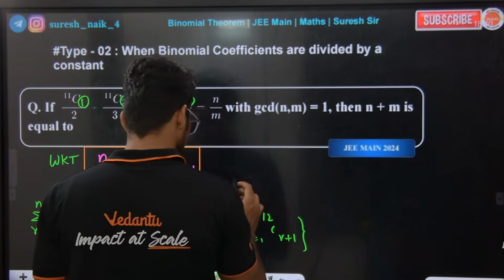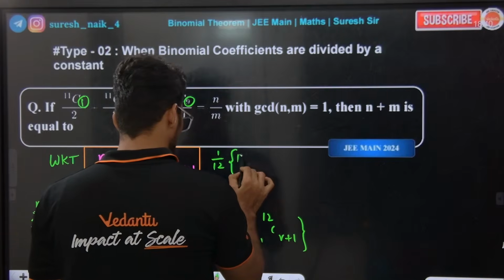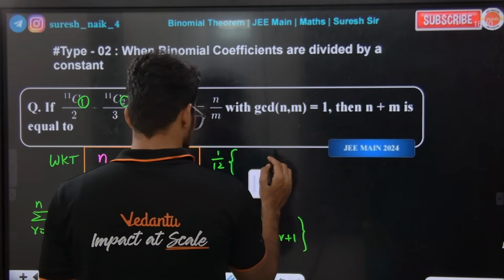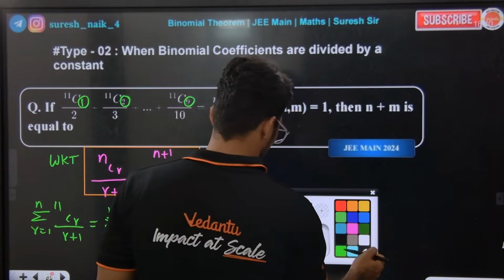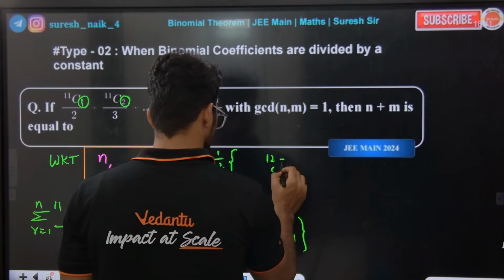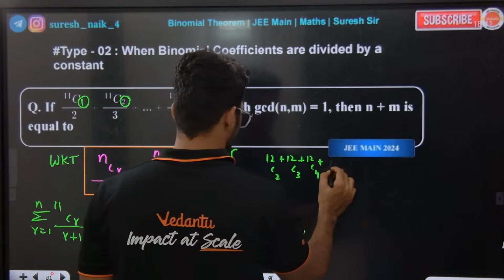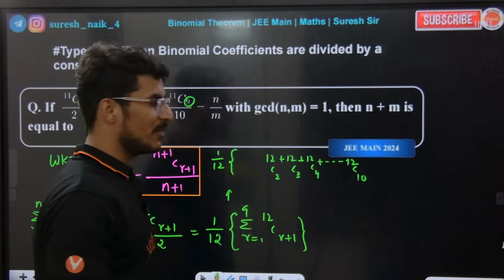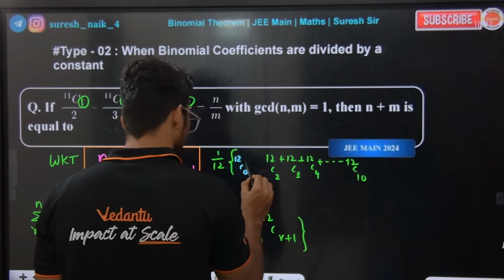Okay, so now for this, 1 by 12 as it is. R value 1 put, I mean 12c0, I'm adding and subtracting. Listen, r value 1 put, what will come? 12c2, put 2 it is 12c3, put 3 it is 12c4 and so on. Put 9 it is 12c10. But to apply the sum of binomial coefficients formula, I'm adding 12c0